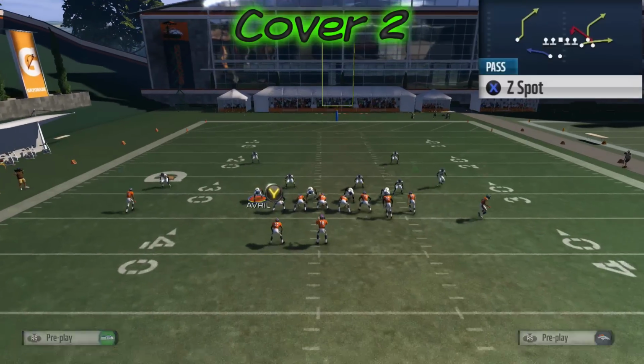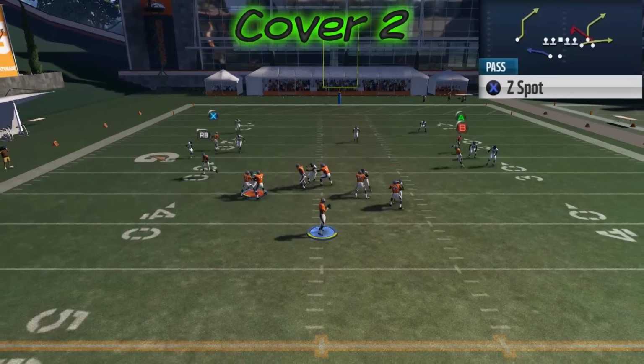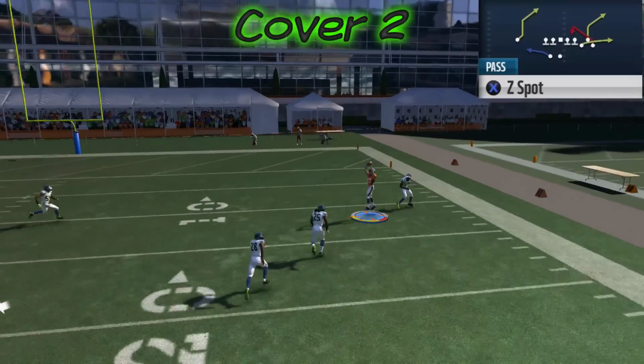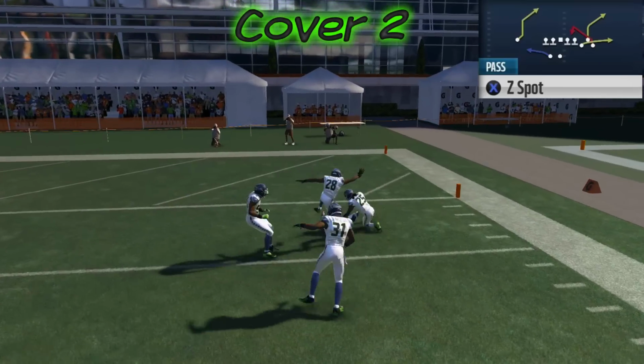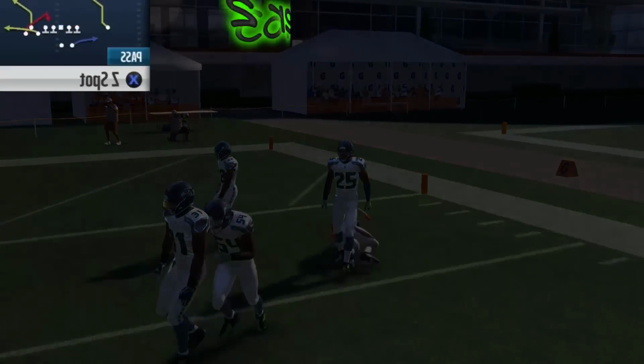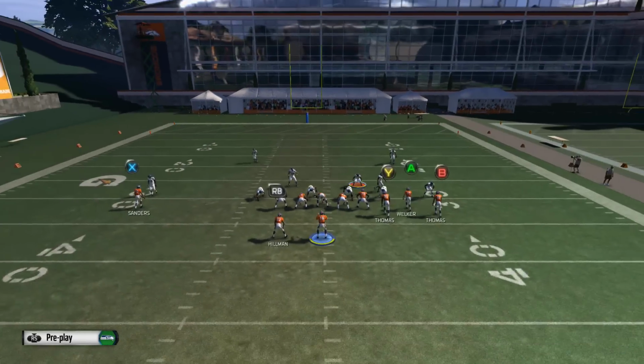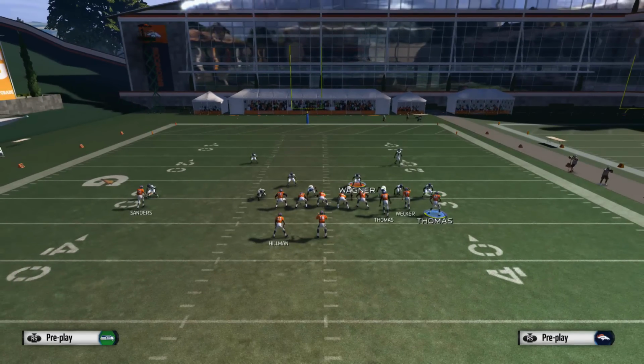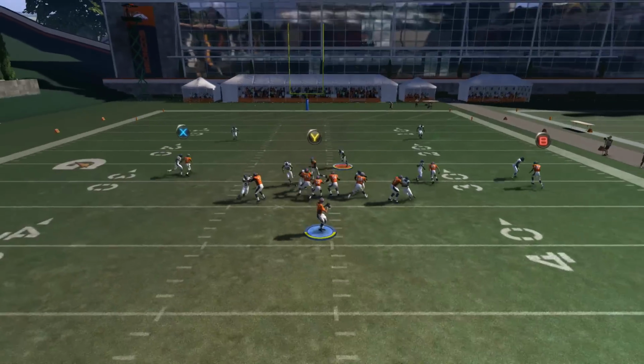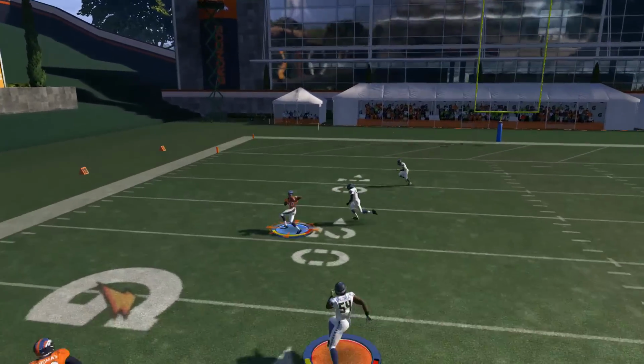You can catch that ball if the corner does happen to stay down, and you can swoop inside for the user catch right there, but it's a high risk throw. It's something that's a high skilled catch. So unless you are comfortable doing that, I would suggest not doing that. But again, that's up to you. You have to make the read, and if you're skilled enough to make that catch, you can go ahead and throw it. So that's it for the Trips bunch.